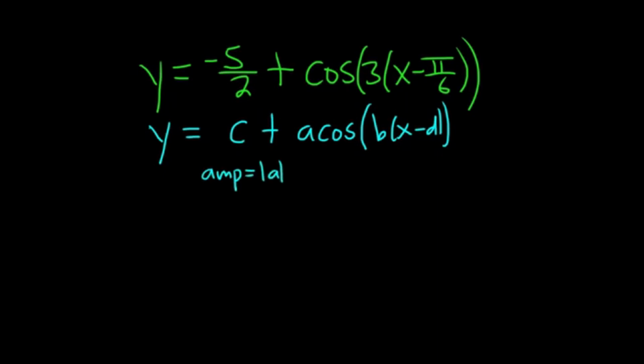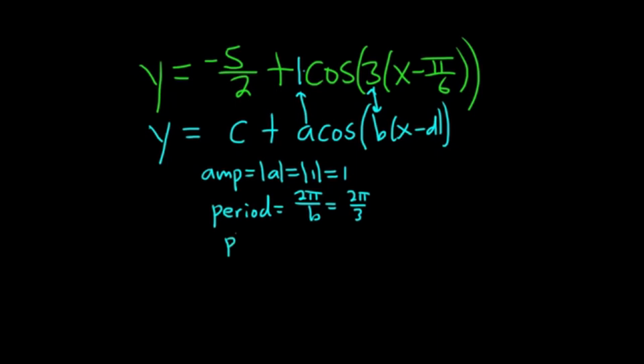So let's go ahead and find that. So a here is 1. So this is the absolute value of 1, which is equal to 1. So the amplitude is 1. To find the period, the formula for the period is 2 pi over b. So in this case, b is 3. So it's just 2 pi over 3. Boom, there it is. To find the phase shift